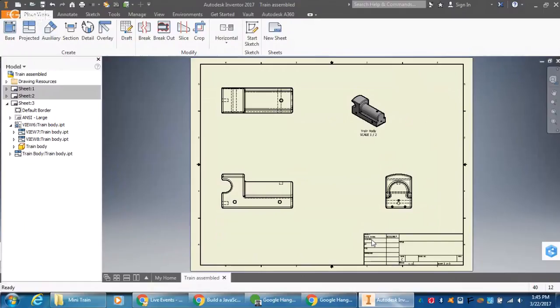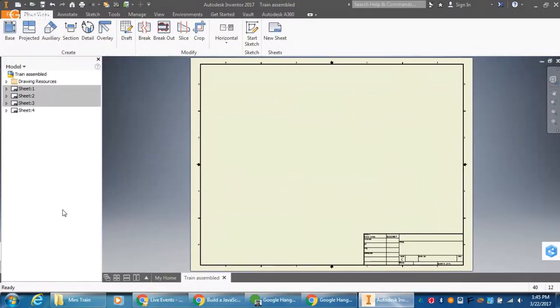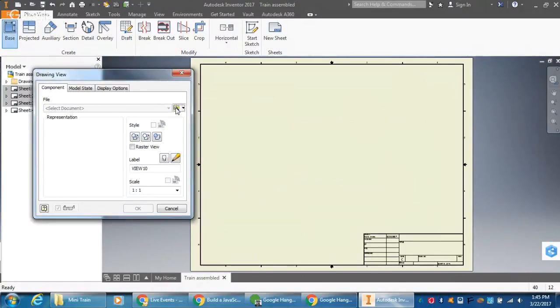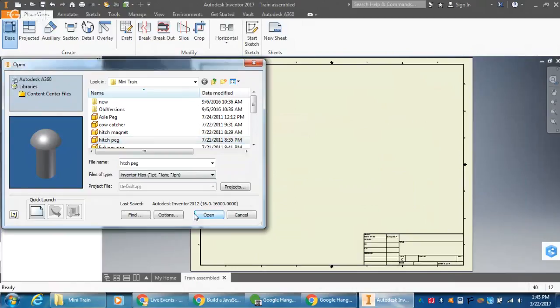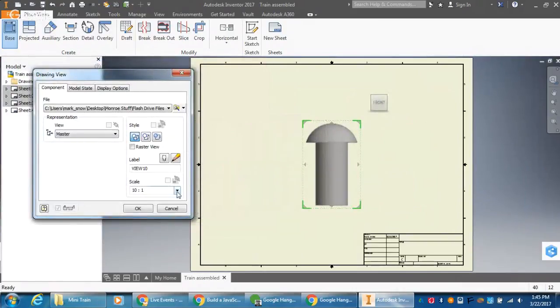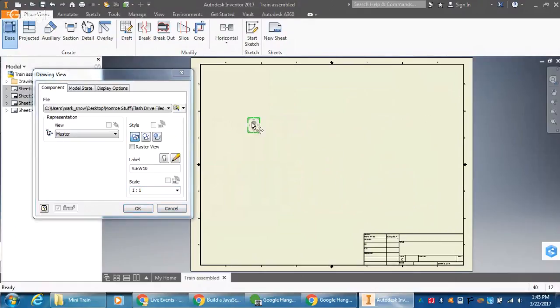Next, okay, is I want you to go ahead and new sheet. And let's talk a little bit about this. I want to use some of these small parts. So I'm going to start off with this hitch peg. And this hitch peg is coming in at 10 to 1. I want this to be 1 to 1. All right, and I'm going to put this over here, and I'm going to rotate it. And then I'm just going to project one view